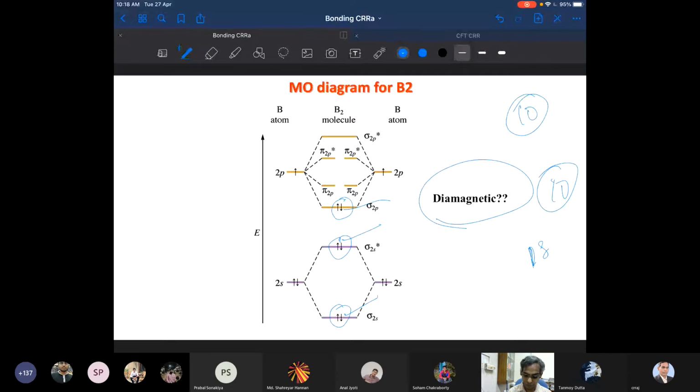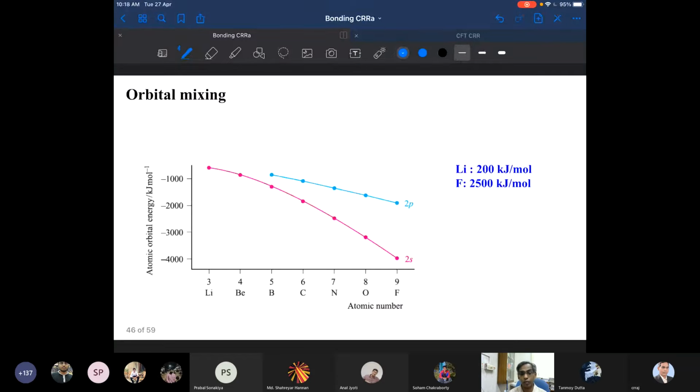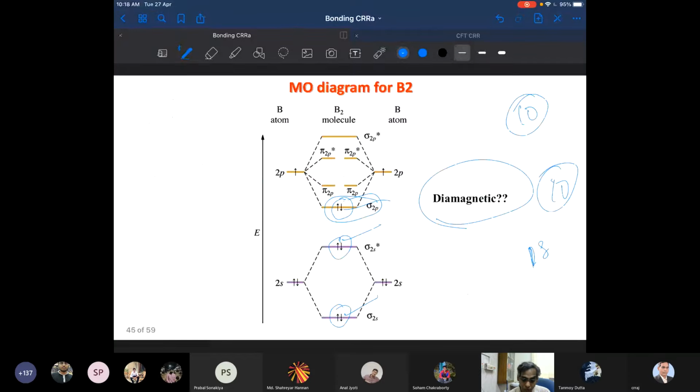Okay, right. Let me go here. I put a question here. Whether it's diamagnetic, according to what we have seen so far, you follow the Aufbau principle and the Pauli exclusion principle. Everything you follow, fill up this. 4 electrons go to the 1s MOs, and then 4 electrons go to the 2s MOs. The remaining 2 go to the 2p orbital, that is your sigma. Now I'm bringing in the concept of orbital mixing. Look very carefully. What I'm going to teach you is that there's an orbital mixing. According to the order of electron filling that I used, this should be a diamagnetic molecule. There is no doubt here, right?